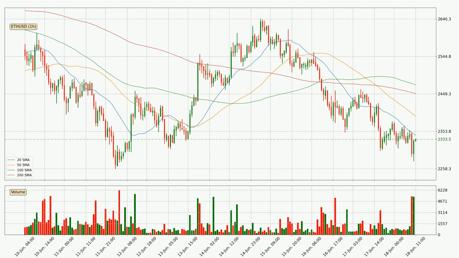Looking at the hourly simple moving averages, the price broke the 20 SMA to the downside but the volume wasn't very high, which means it is not a very strong signal. For this time interval, the current price is below all of the simple moving averages, which looks bearish and you should keep an eye on the closest SMA. The 20 SMA will play as resistance